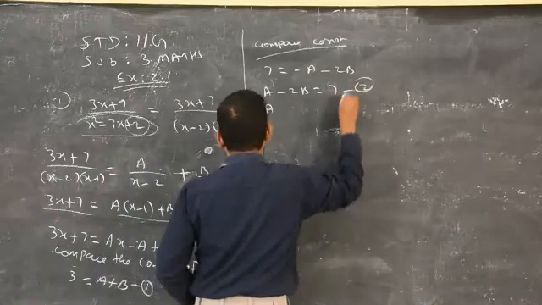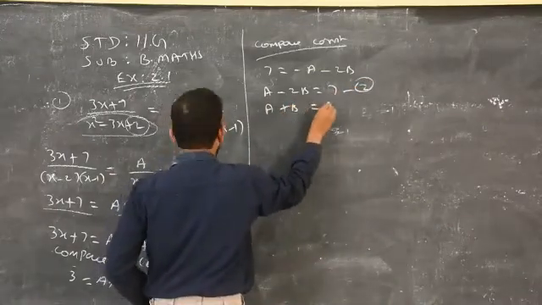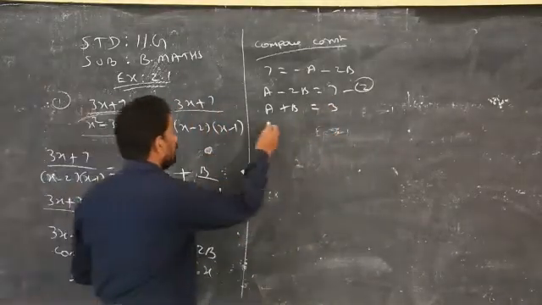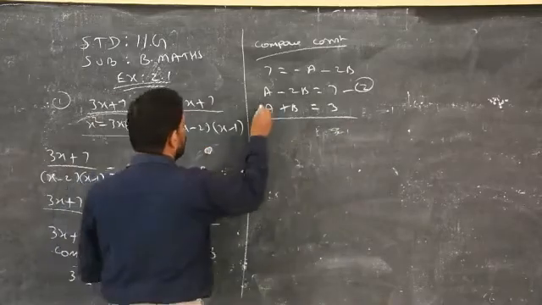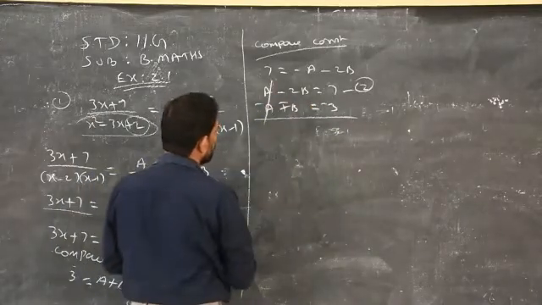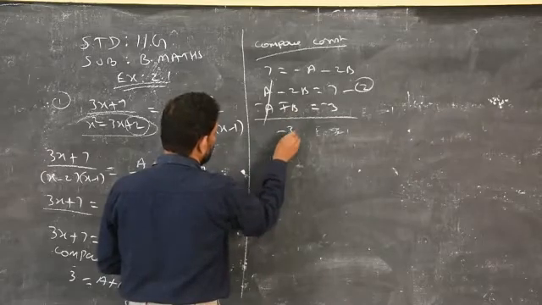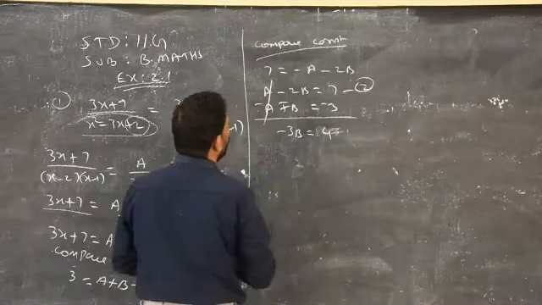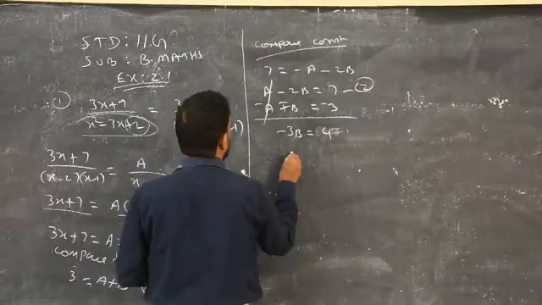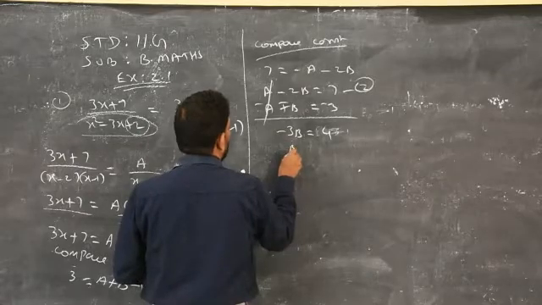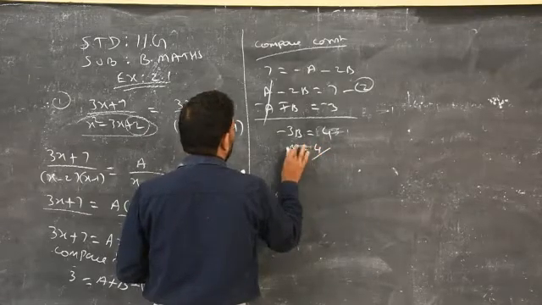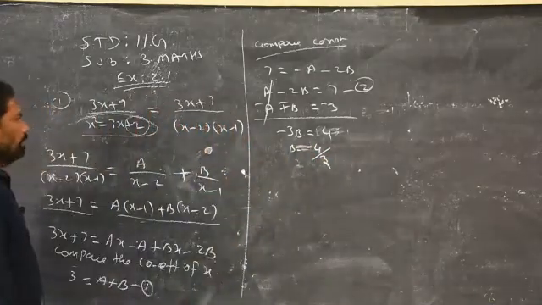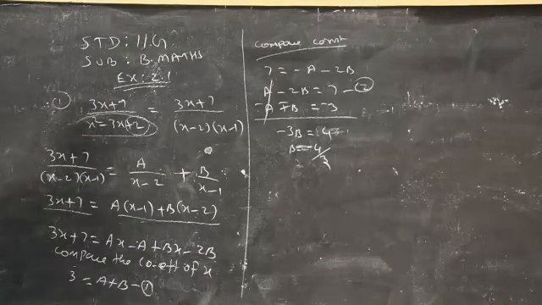Already we have equation number 1, that is a plus b is equal to 3. Then you know how to simplify. Apply the elimination method, what you studied in 10th standard, you will get the answer. These two eliminated, minus 2b minus 1b, you will get minus 3b. 7 minus 3 is how much? 4. Then b is equal to minus 4 by 3. B is equal to how much? Minus 4 by 3. Check.